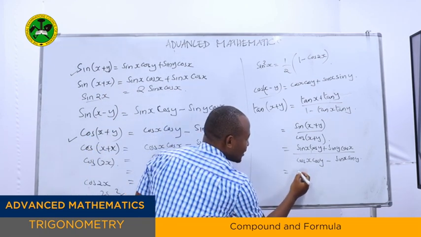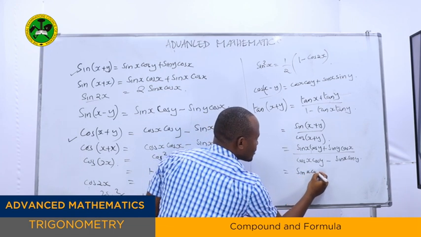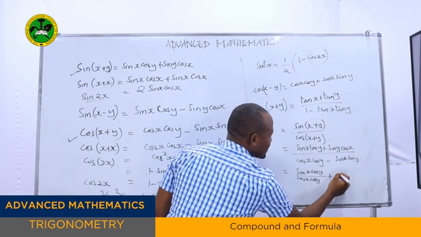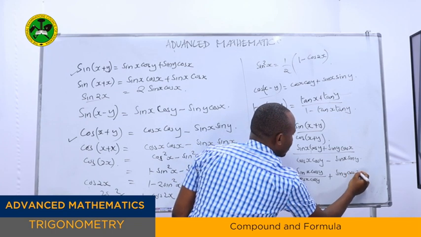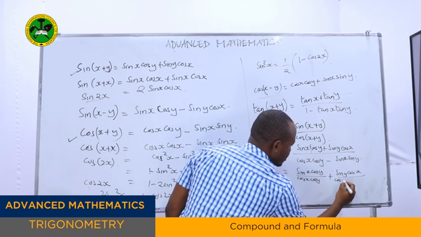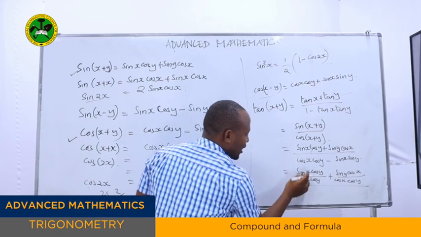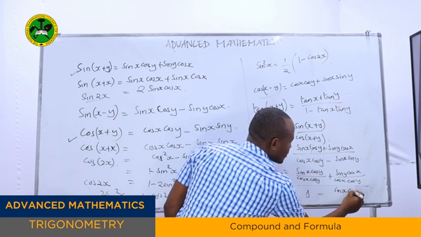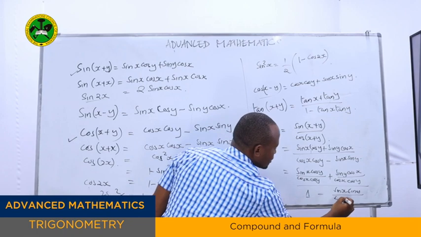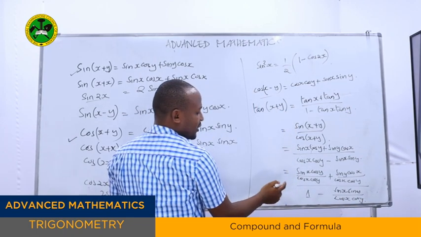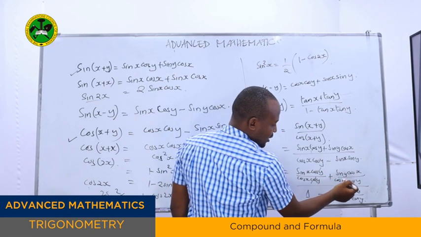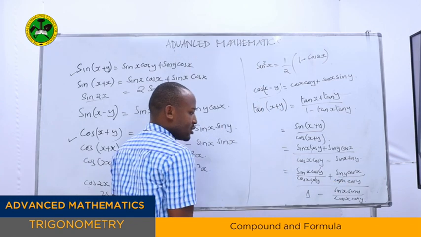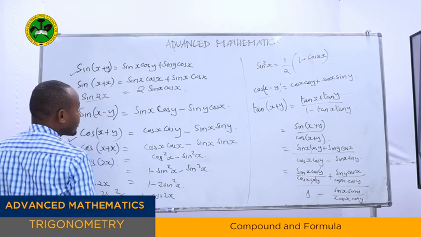Dividing that by that factor throughout, we are left with (sin x cos y over cos x cos y + sin y cos x over cos x cos y) over (1 - sin x sin y over cos x cos y). And I will find that cos and cos go, and also cos x and cos x go. That means we are going to be left with